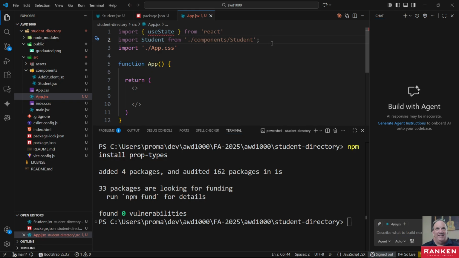So using something like a nano ID is a very useful tool for generating a unique ID, okay? So we're going to go ahead and import that. And since we're importing it, as we've learned in the past, what we also have to do,